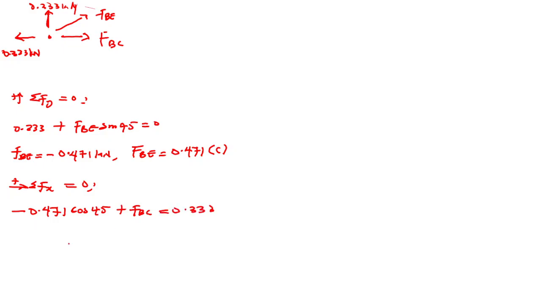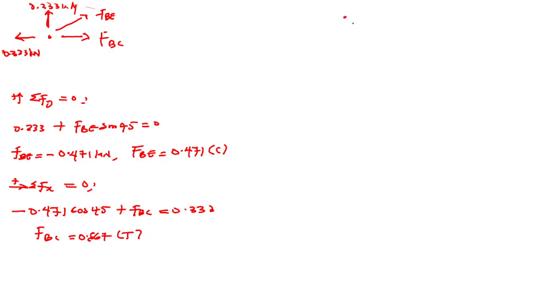Okay, so FBC, if you solve this, FBC becomes 0.667 in tension. Okay, so if you consider another joint,